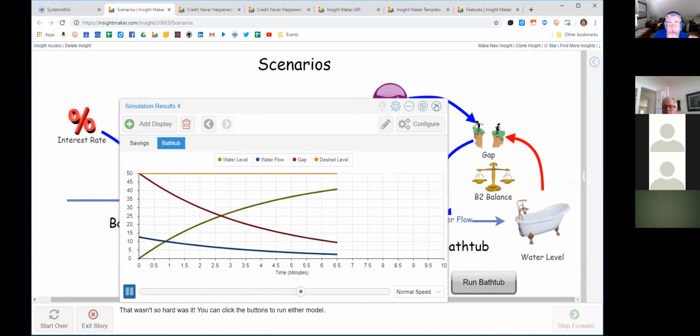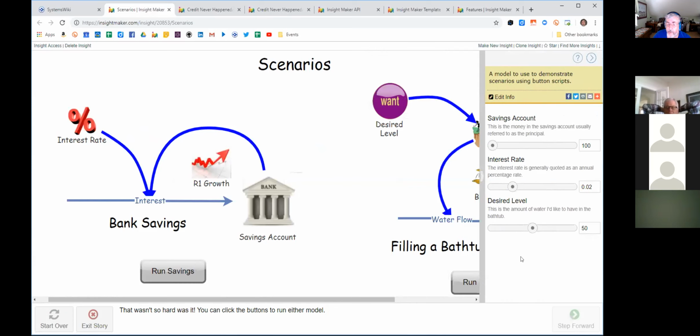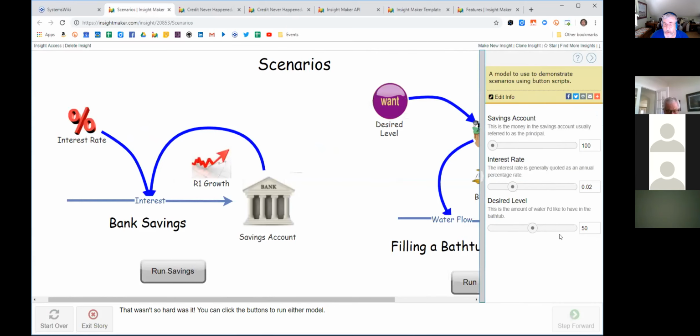So if you wanted to show the results of several configurations of a simulation model, you could set the parameters all up in a button and then just click the button to say, okay, here's the baseline, here's the first iteration, the second iteration, and it would end up resetting all of the parameters that are part of the model and running the simulation, so that you're not back to trying to remember where you wanted to set